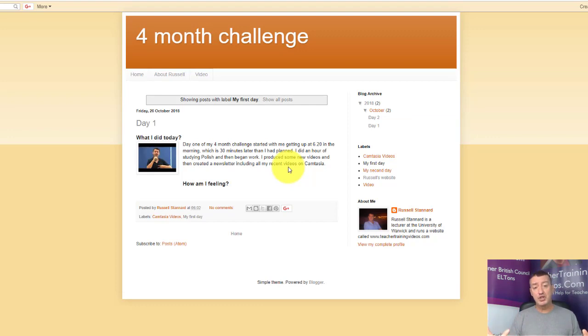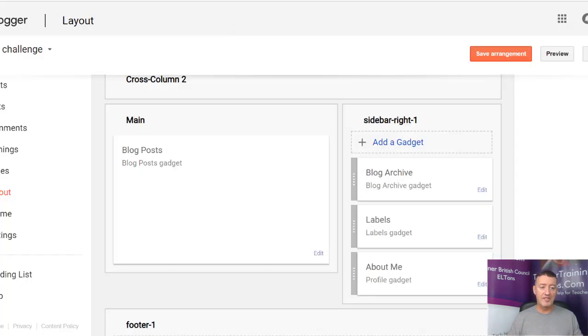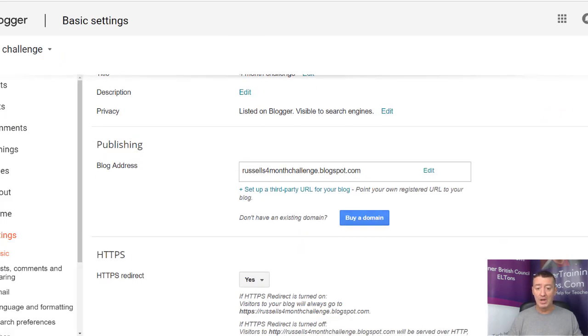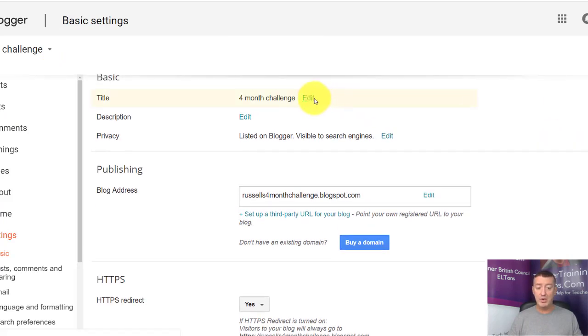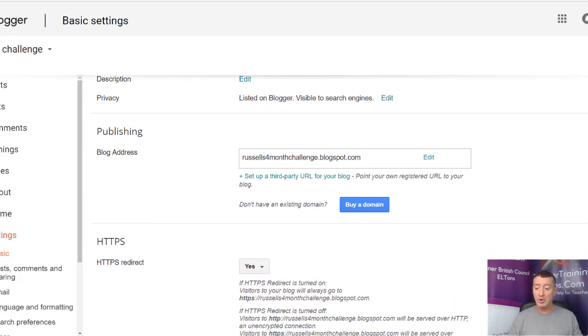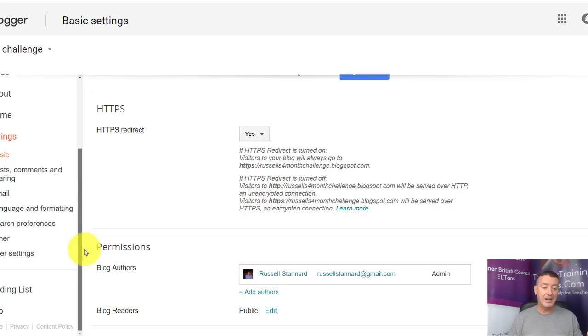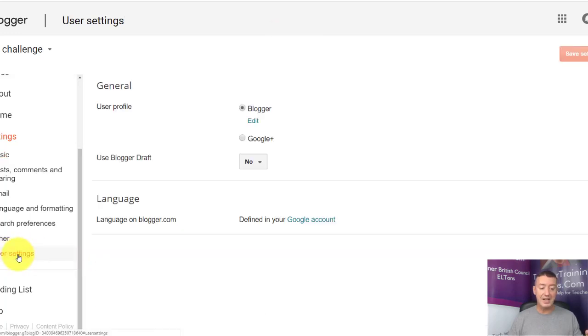I hope that gives you a really solid start in Blogger. There's obviously lots more to learn about. One of the obvious things you're going to want to learn is to come down here to the settings. I will just quickly point out a couple that are really important. Here's where you can even change the title of your blog, and if you click on user settings down here at the bottom right, I do believe this is where you can delete your blog.